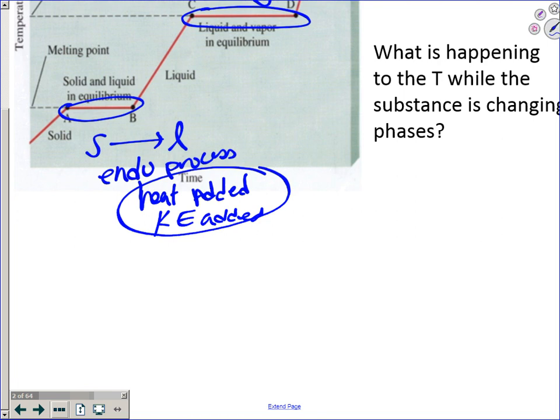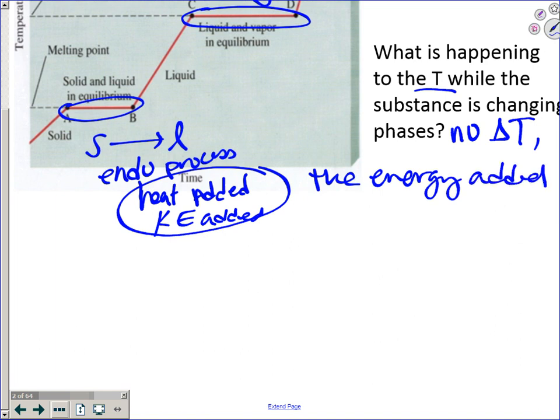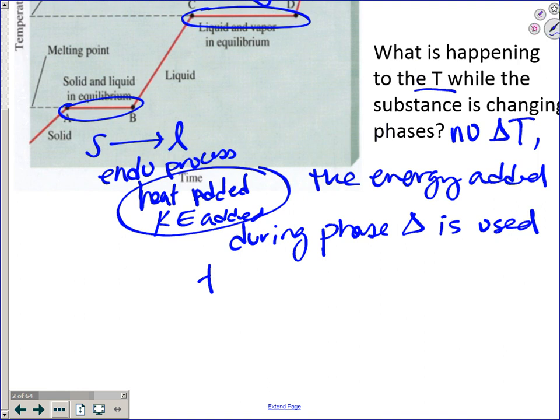So what is happening to the temperature while the substance is changing phase? Everybody, what's happening to the temperature? It's staying the same, so no temperature change, okay? So what is actually happening is the energy, and this is the piece that's a little bit more advanced. I would write down this phrase, okay? The energy added during phase change is used to overcome